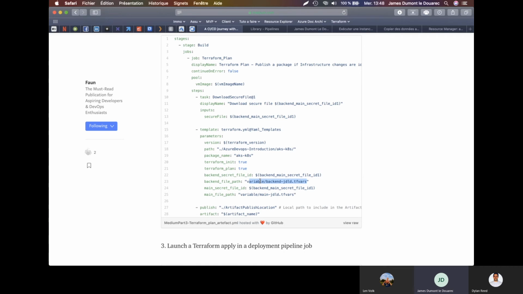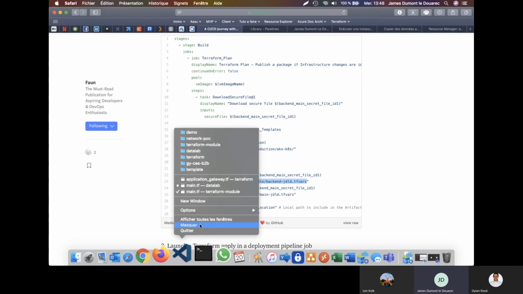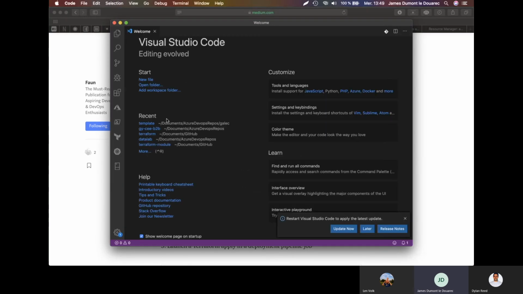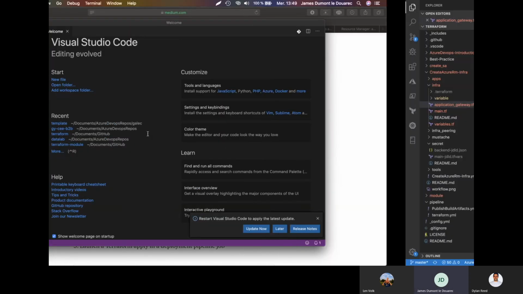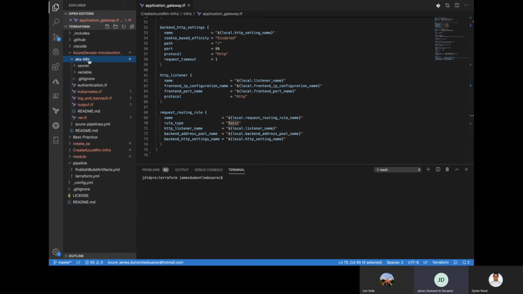And then this is the backend file path, which is actually the backend file that contains the list of the data that I want to create. If we have a look at this, it could be useful. Terraform, it's this one. Yes, perfect. Okay, so as you can see, I have my folder hierarchy Azure DevOps Introduction. Then I have my package name, which I call my package name here.